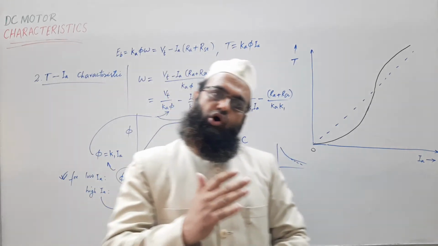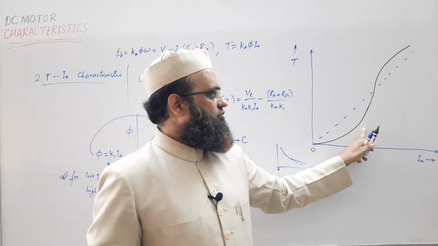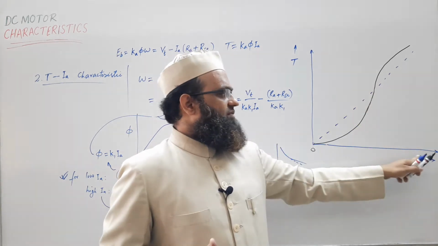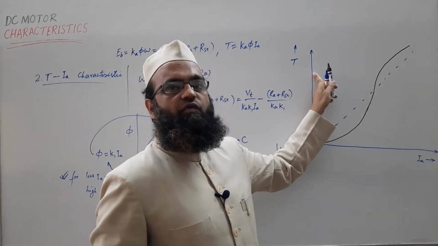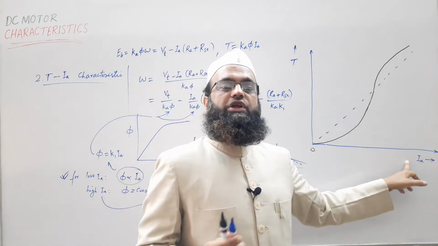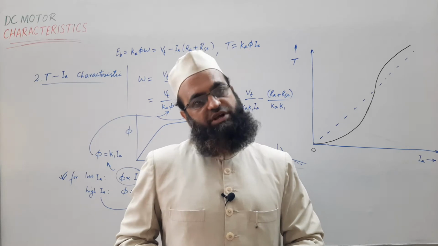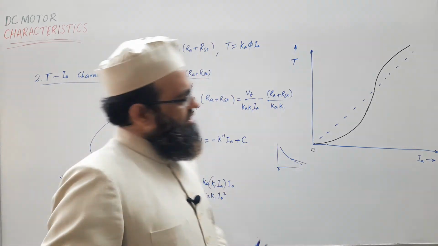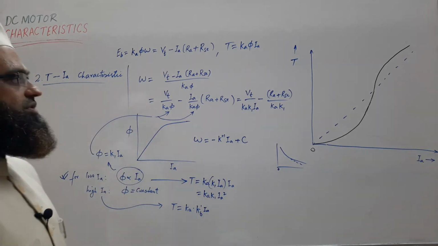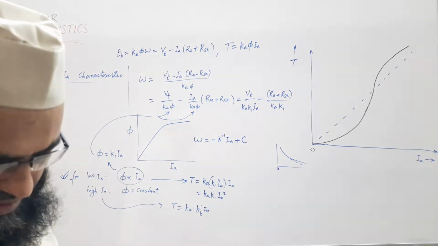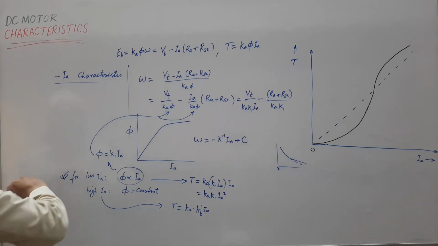Initially a small change in Ia will result in a larger change in torque, we can observe from here. But at a higher value of Ia, after attaining some torque, say this torque, if you want to increase it further, you need to increase the armature current linearly. That will result in additional loss in the armature circuit and so on, which can be extracted from these types of curves, any curve, not only for motors. We have discussed generators also, right? Fine. Now come to the third one, speed torque.